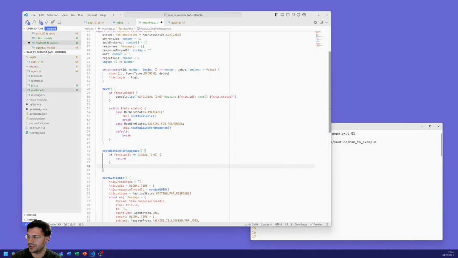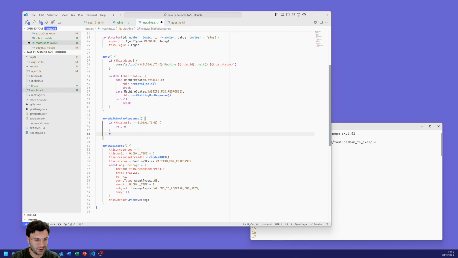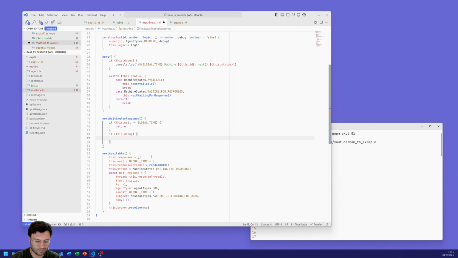Else we will continue down to say if this dot debug console log will print out something like, let's say, global time